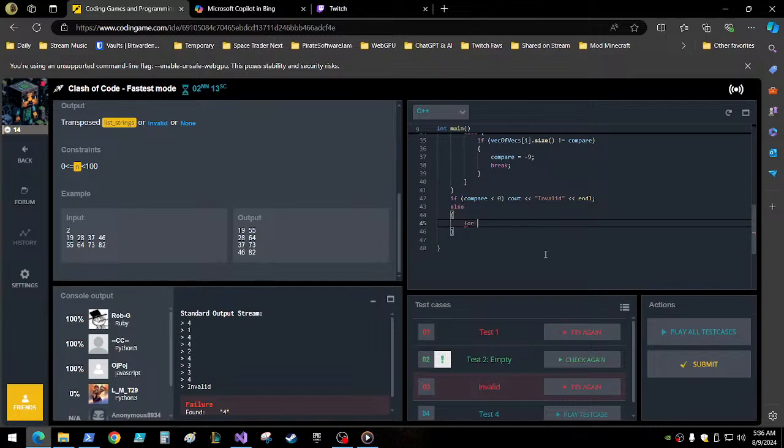For in I equals 0, I is less than compare, because that's the size of the inner vector. Inner vectors, that's what I meant to say. So now we want to compare. So this will go through 4. And then we just need to see out